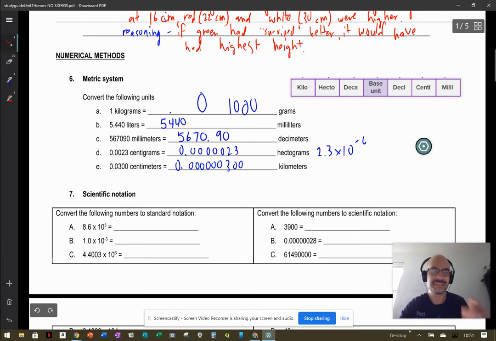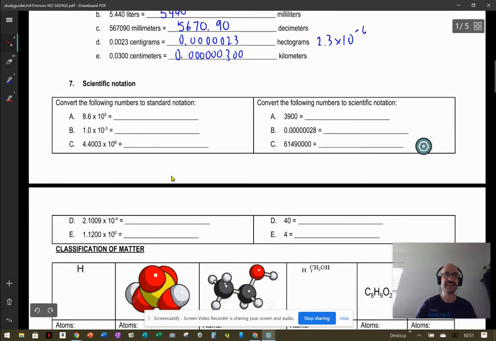And let's just do some logic here. We're going from a smaller unit to a larger unit. So of course the number is going to get smaller because a certain percentage or a certain proportion of a kilometer, which is a very long distance, is going to be much smaller than the actual unit. That was a crappy explanation, but